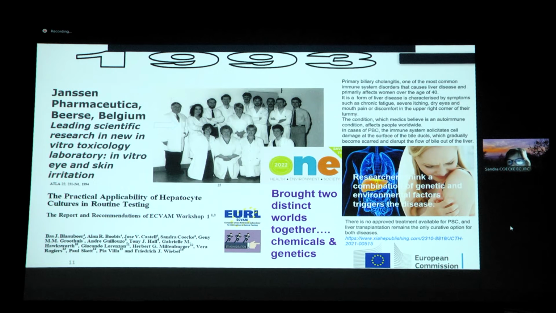And you see that there is a big connection to what we know about bile mechanisms, because this disease is characterized by symptoms such as chronic fatigue, severe skin itching, dry eyes, and a lot of pain. So by having all this toolbox of in vitro methods together, we really can start,